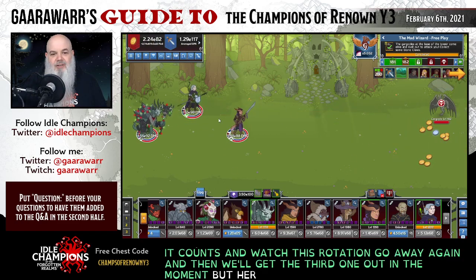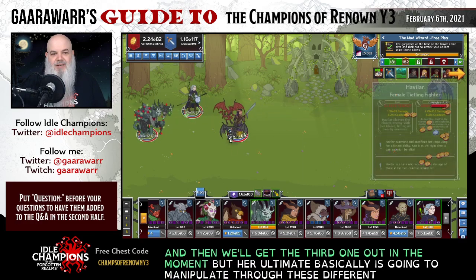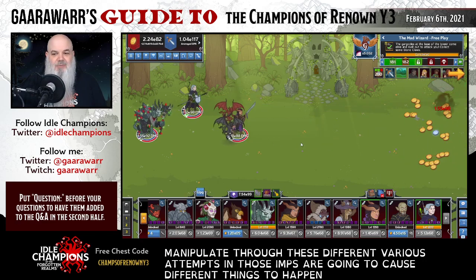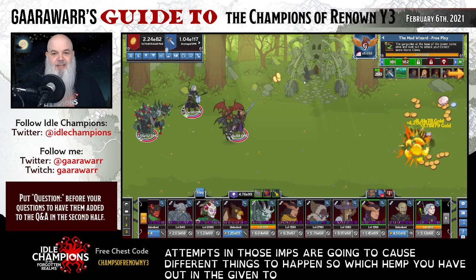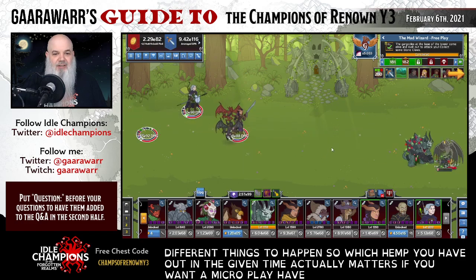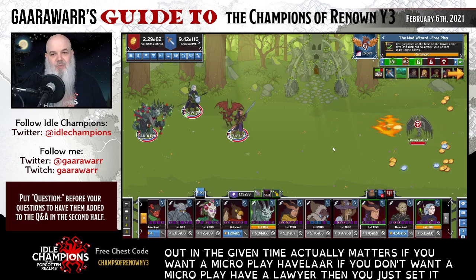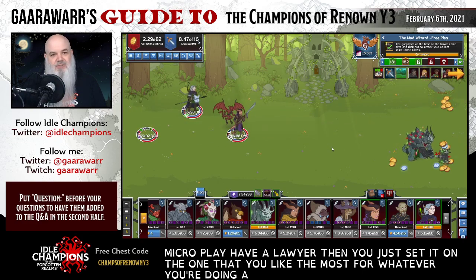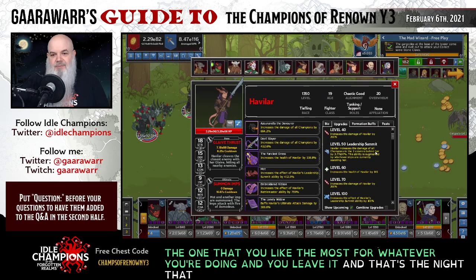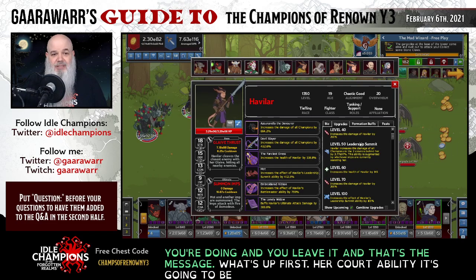But her ultimate basically is going to manipulate through these various imps, and those imps are going to cause different things to happen. So which imp you have out at any given time actually matters if you want to micro play Havilar. If you don't want to micro play Havilar, then you just set it on the one that you like the most for whatever you're doing, and you leave it. And that's that. So, first up, her core ability that's going to be manipulated by all of this stuff is